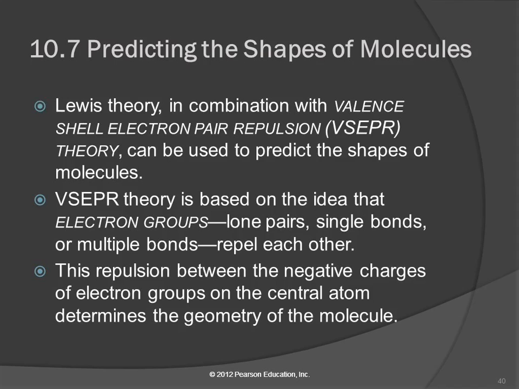And this is the idea that electron groups repel each other. They're going to try to move away from each other in a molecule. And by electron group, we mean a lone pair, a single bond, or a multiple bond. So a double bond is one electron group. A triple bond is one electron group. And the repulsion between the negative charges of the electron groups is what determines the geometry or shape of the